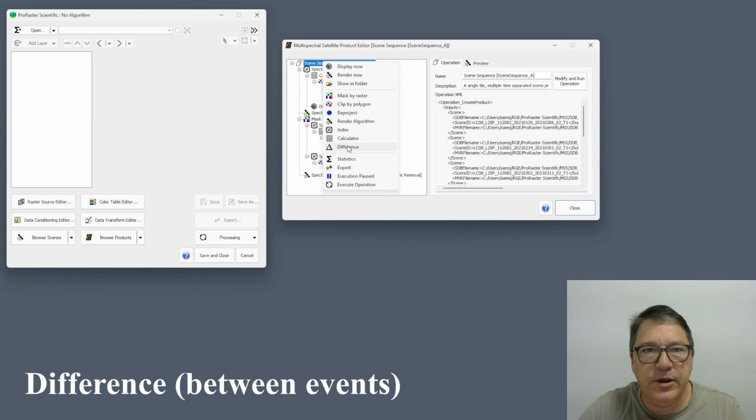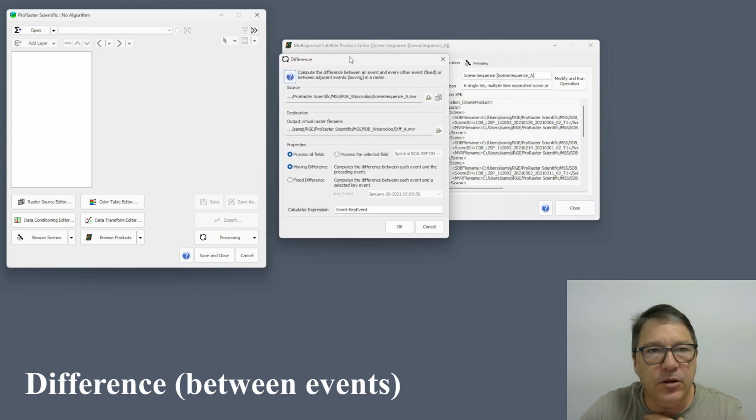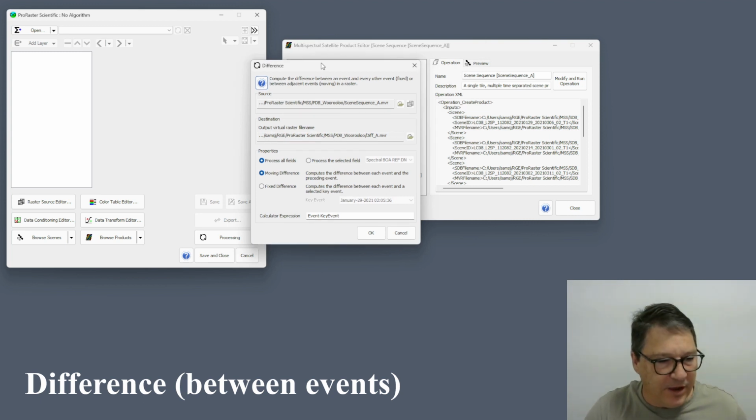Moving on, we also have the difference operator. The difference operator will only be available when you have a sequence. It might be a scene sequence or a mosaic sequence or collated mosaic, whatever it is. And it will compute the difference between one scene and another scene all the way along the sequence. So our input, our sequence, our output, again, we can't edit any of this. It's a virtual raster. And down here we have this option to either compute a moving difference or a fixed